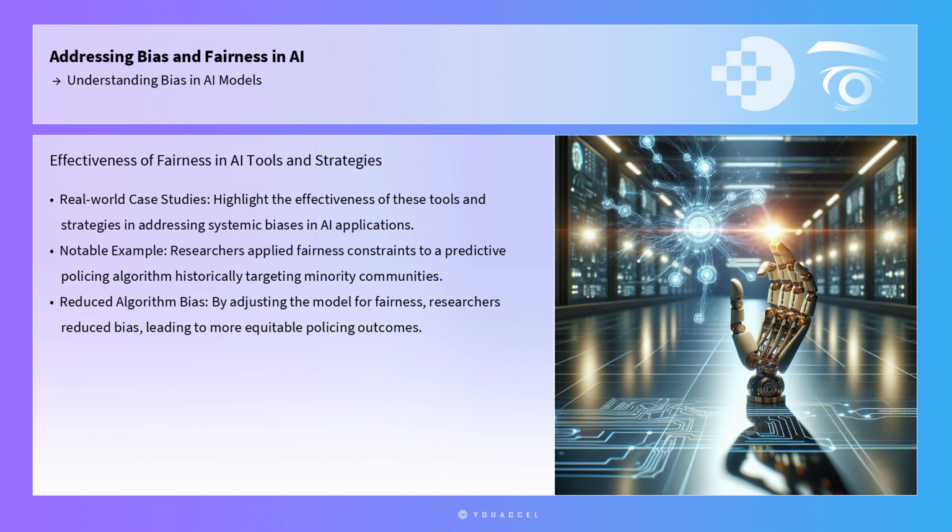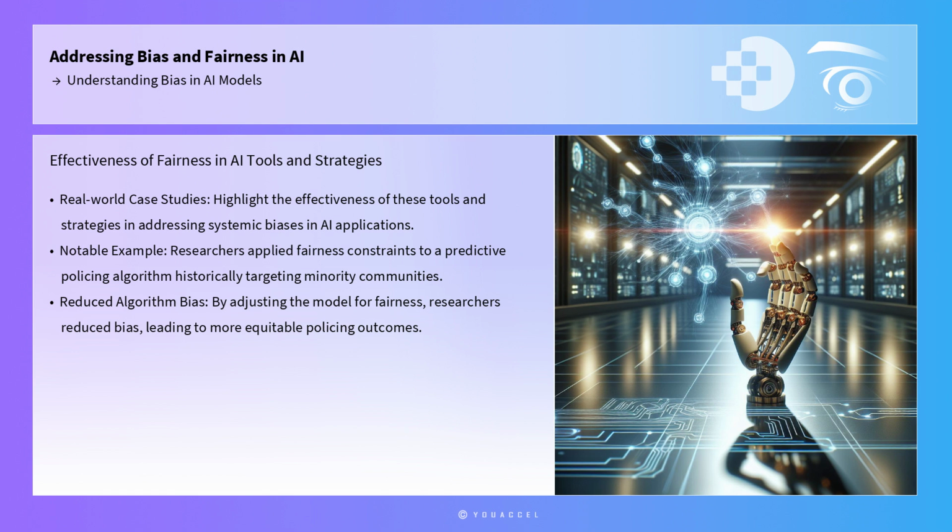Real-world case studies highlight the effectiveness of these tools and strategies. In a notable example, researchers applied fairness constraints to a predictive policing algorithm, which historically targeted minority communities disproportionately. By adjusting the model to account for fairness constraints, the researchers were able to reduce the algorithm's bias, leading to more equitable policing outcomes. This case study demonstrates the potential of fairness frameworks and post-processing techniques to address systemic biases